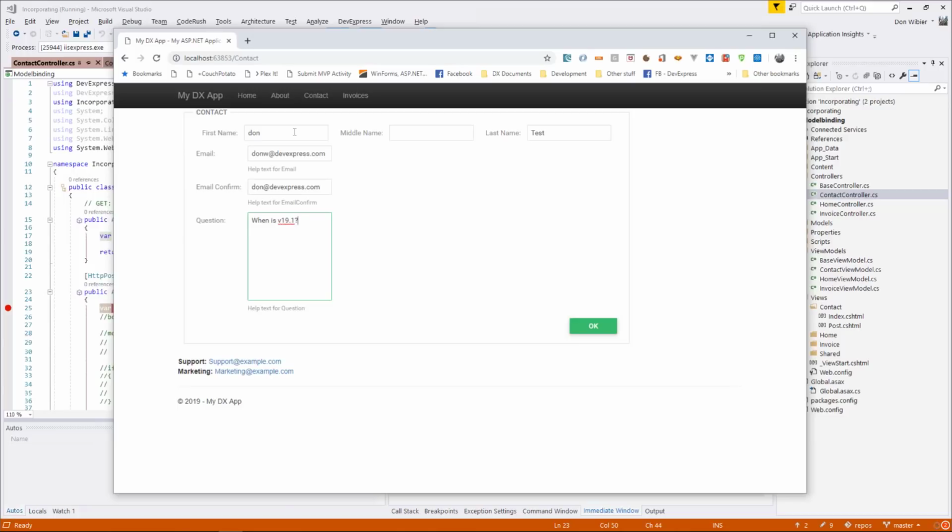Okay, so in this case I filled some stuff in, but I could at least also do something like something which doesn't even look like an email address, and then it should be validated. But we'll get to that right after this one, because if I now hit OK,